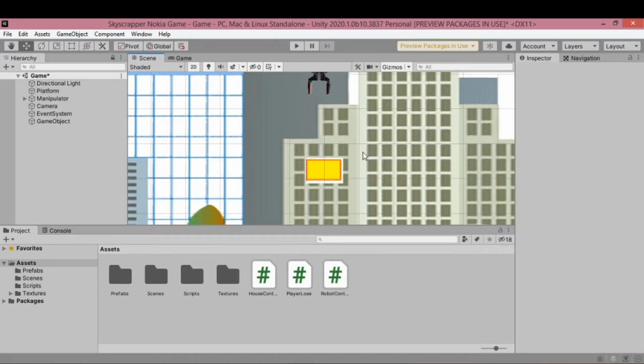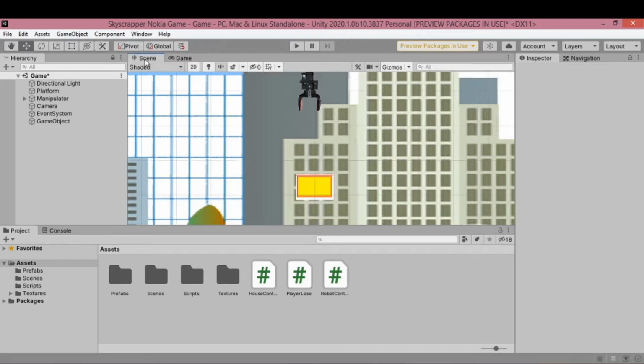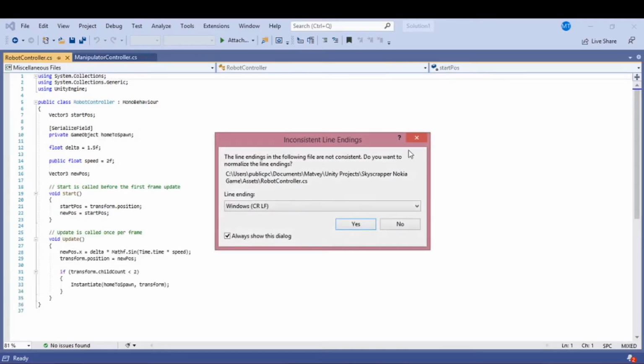So now, when we play, our manipulator will just stay on one spot. It won't move up, so we have a limit to how many houses we can build. So let's fix that. Let's go to the robot controller script that we have made,